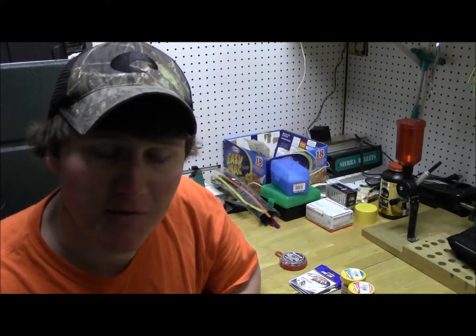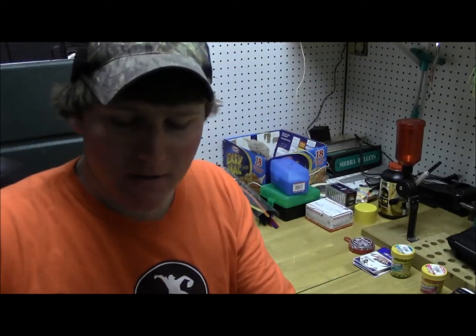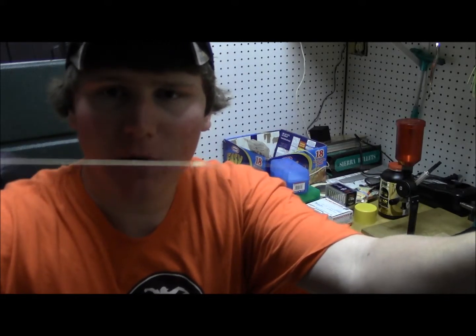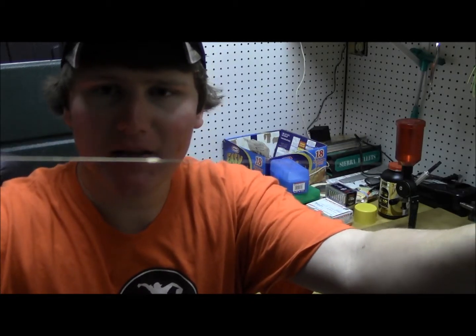So I mean, I've heard people use wax worms, but Powerbait has really taken the trout fishing industry around here by storm when you're fishing with bait. So that's going to be the terminal tackle right there, and I'm going to show you how to rig it up. Right now, I just joined my leader, my 4-pound fluorocarbon leader, to my 10-pound braided main line, and again